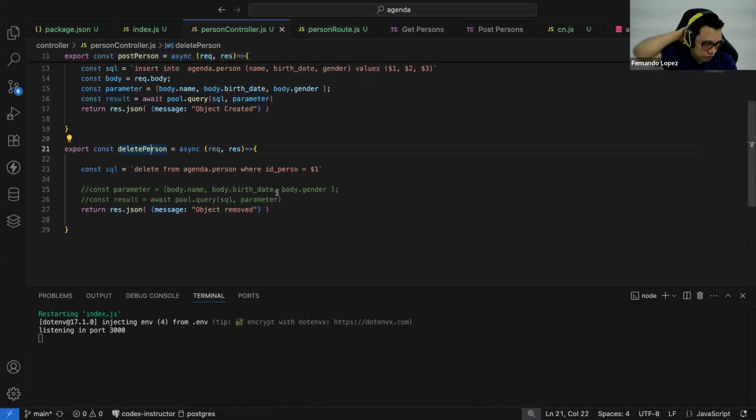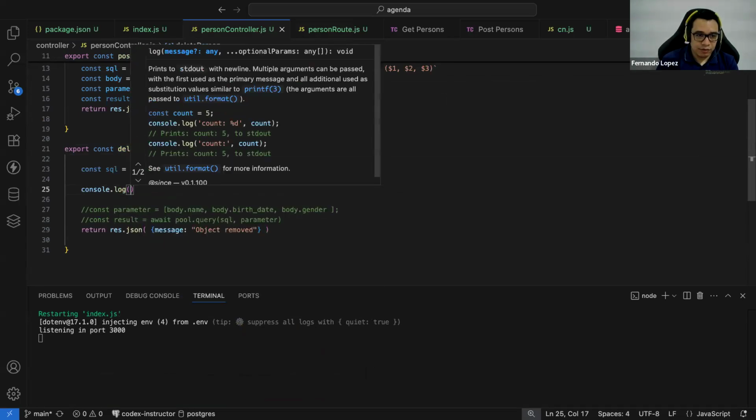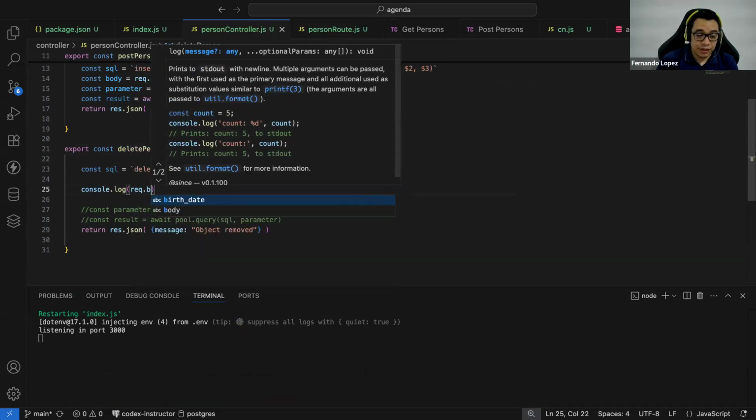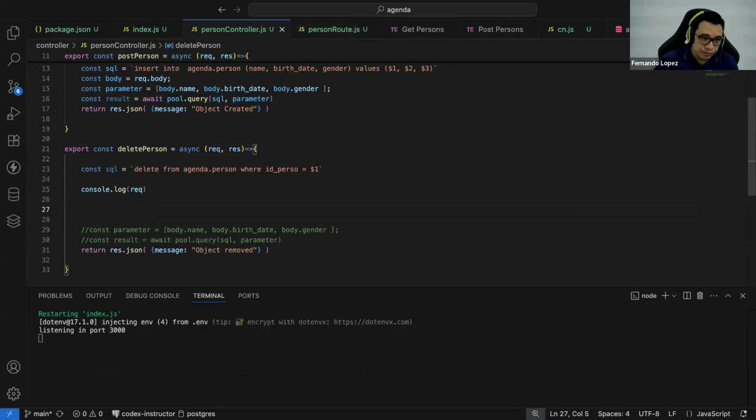And right now this function, I will show you something. Again, I will console log the body, the request.body. I mean the request, the entire request. And there is another property inside of the request that is called the params.